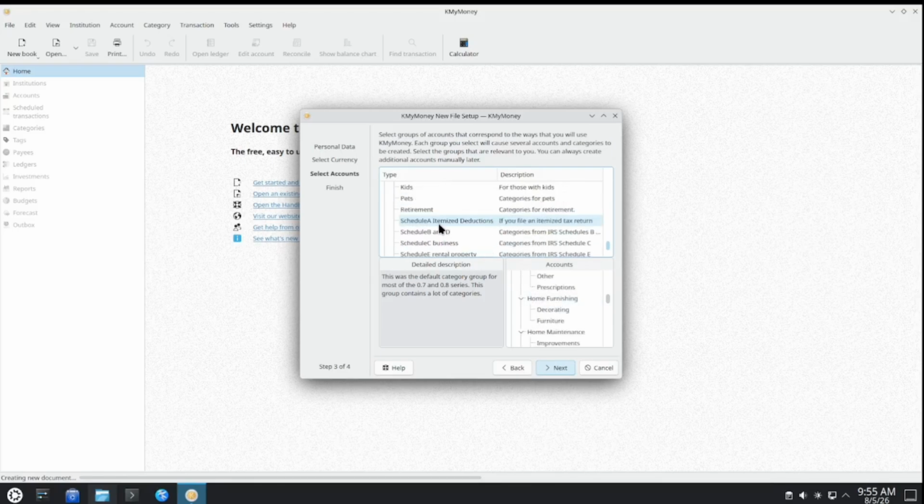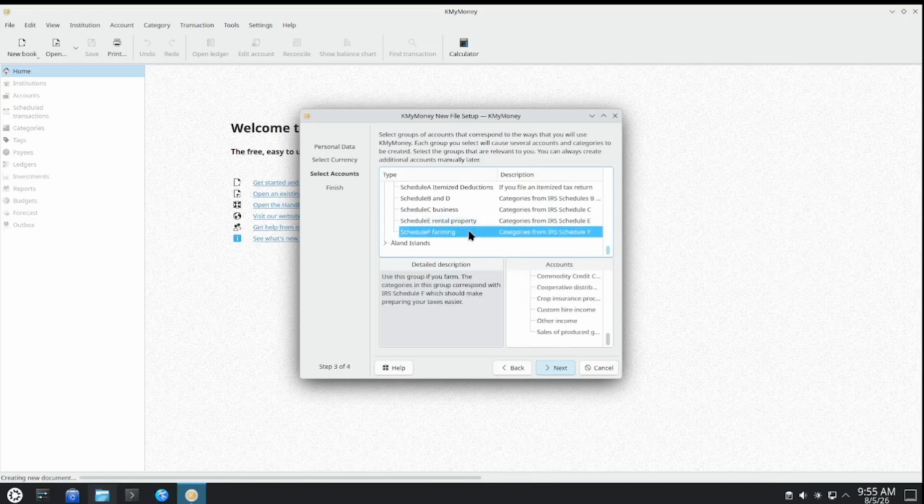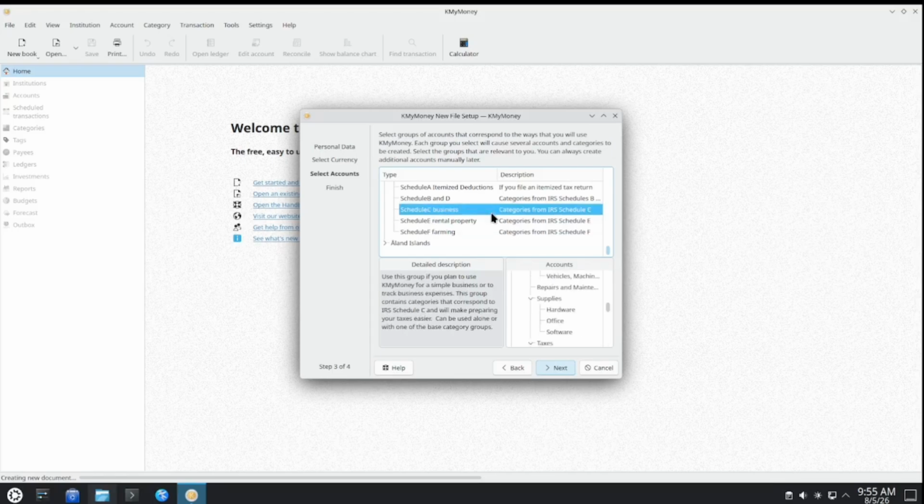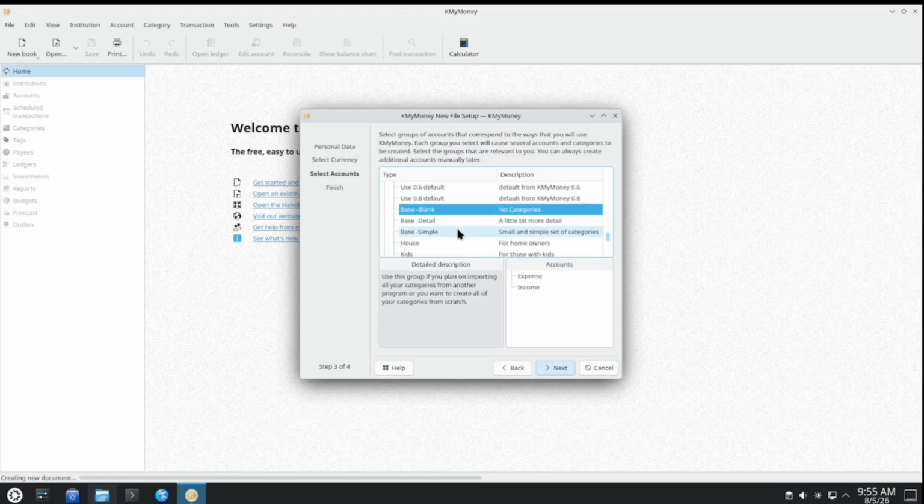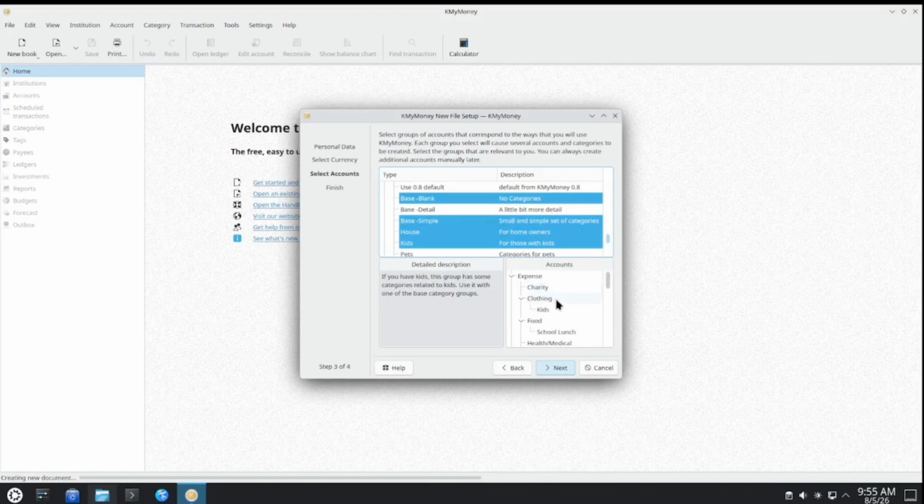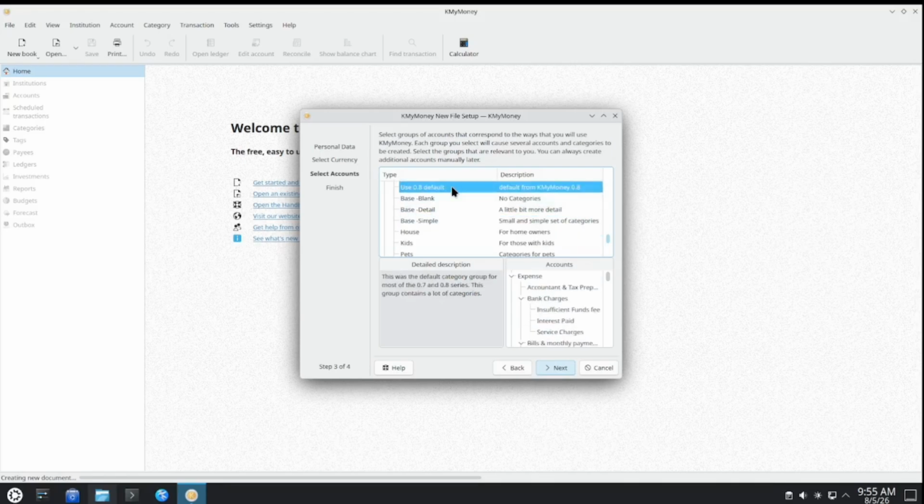And then if you scroll down, you'll see that they have categories for the IRS. So if you're doing KMyMoney for tax purposes, you might want to select some of these. And if you want a mixture of both, you can actually hold down the Control key and select as many as you want, and it'll merge them all into one list of the categories. So I'm just going to keep it simple, and I'm going to go with the use 0.8 default. So I'm going to go ahead and hit Next,